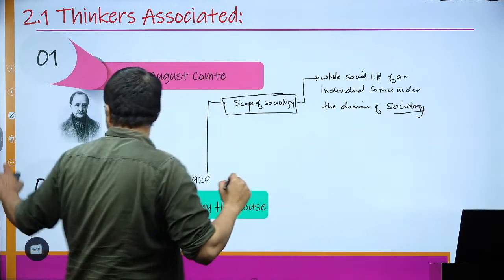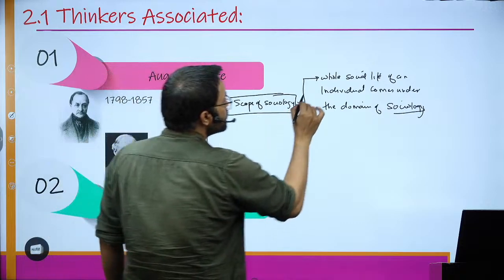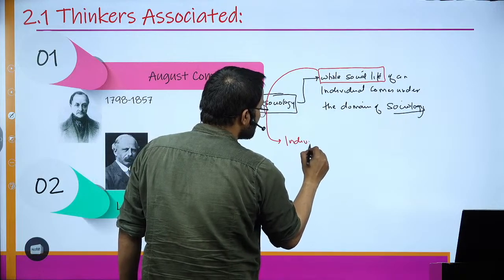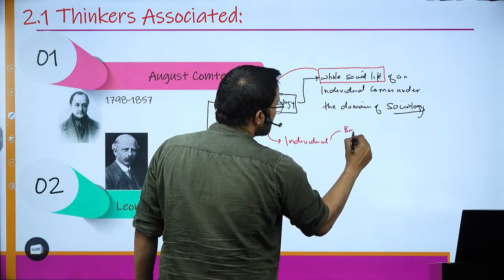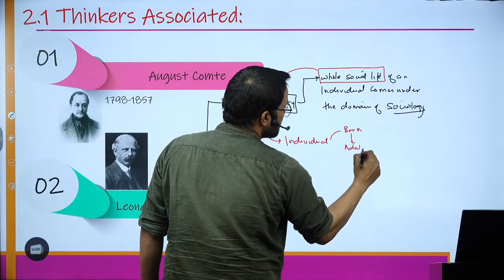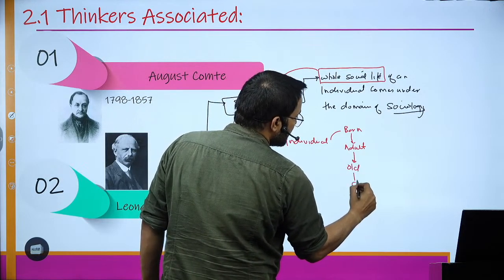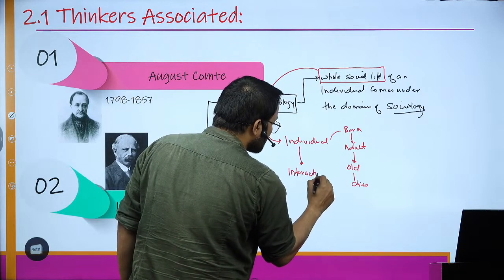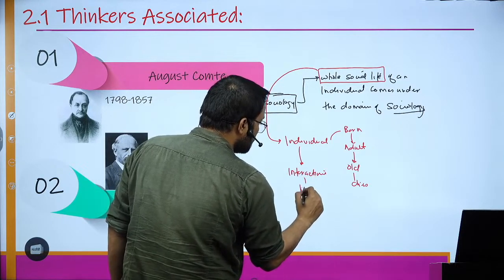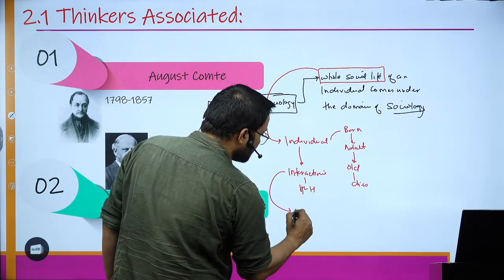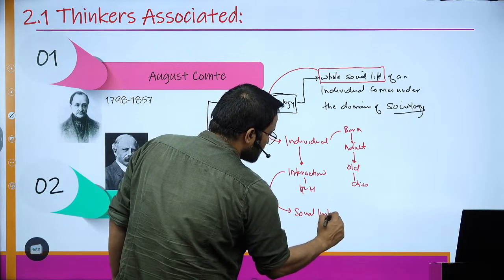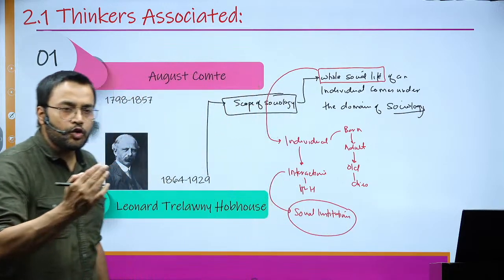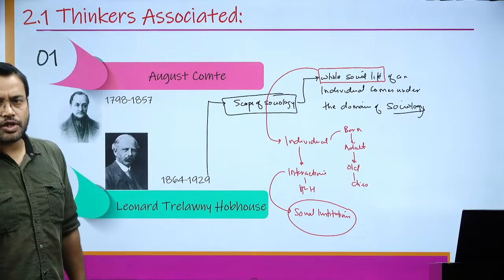So when we use the words whole social life, what does it mean? The moment an individual is born, how he grows up to become an adult, then old, and then ultimately dies. The kind of interactions that these people are having, that is human to human interaction, and how they're also interacting with the social institutions. Because what is society? It is a web of relationships between humans. How humans interact with each other, all of this comes under the domain of sociology.